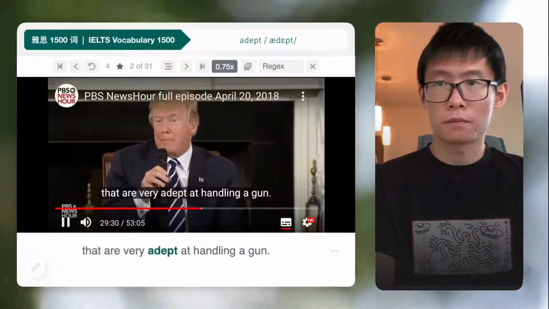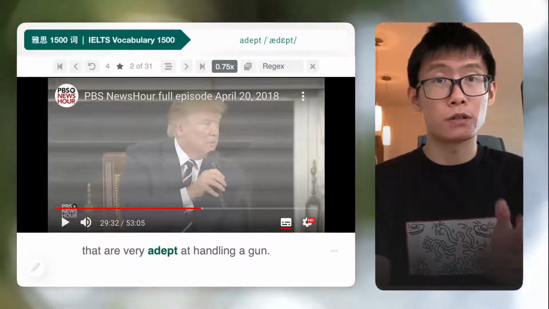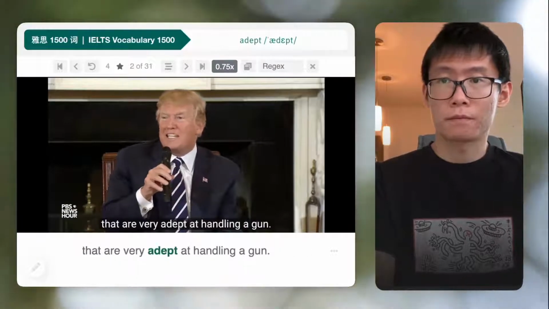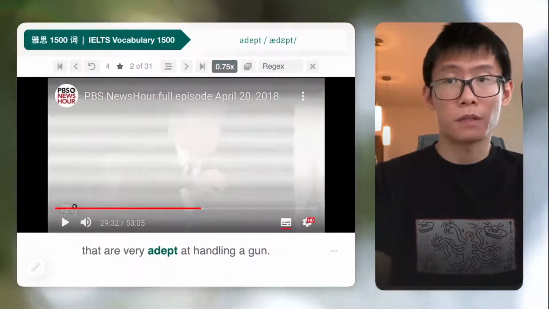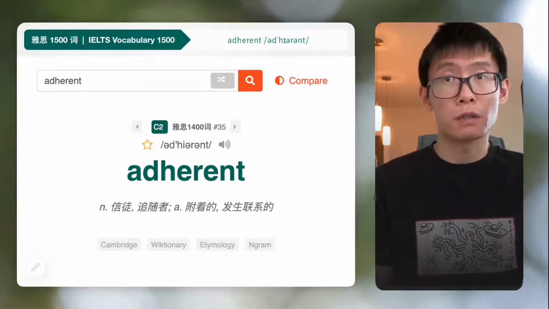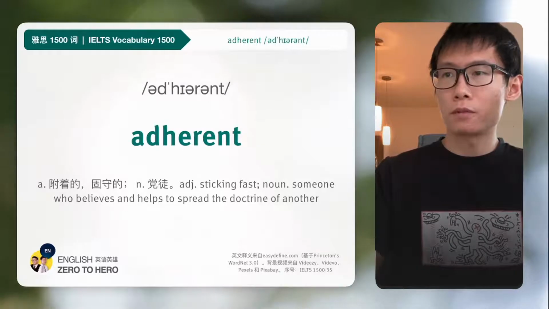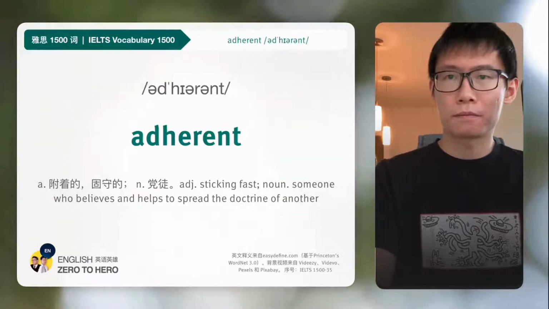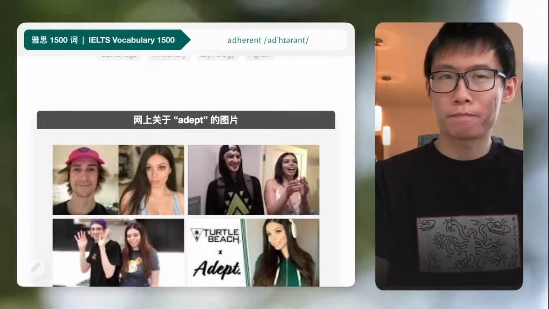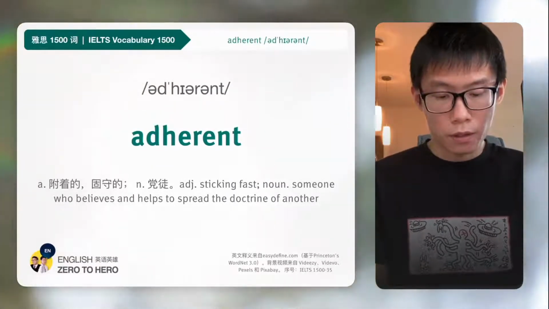The people that are very adept at handling a gun. Adept at handling a gun, 就是非常娴熟的可以去使用枪支. Very adept at handling a gun. This would only be obviously for people that are very adept at handling a gun. Very adept at handling a gun. Right, so that's adept. 就是非常娴熟的，非常的有技能的。